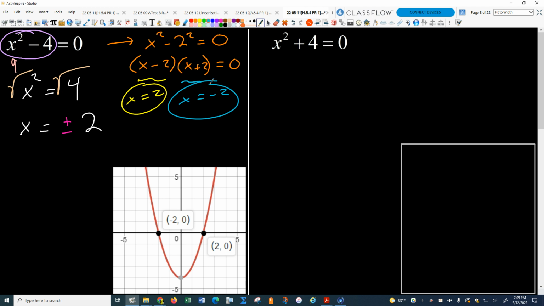How about this guy? That one doesn't factor, right? Because there is no sum of squares pattern. I can't do x squared plus 2 squared. There's no such pattern. So this is one where I would have to just isolate the variable. There's my x. So if I subtract 4 from both sides,